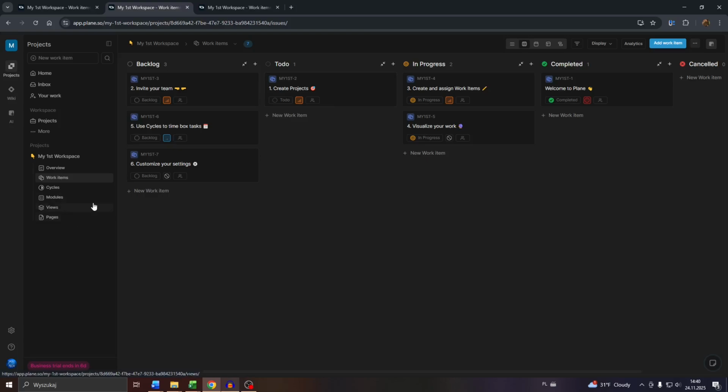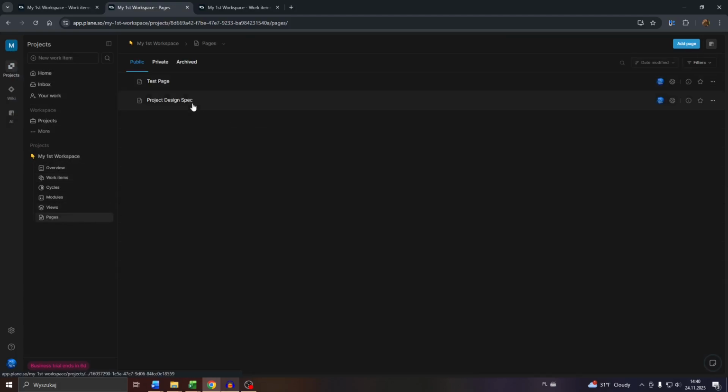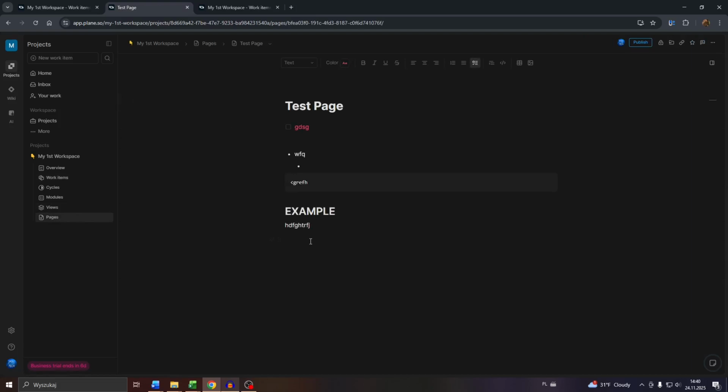So navigate to your workspace in the top left corner, after that to your project and select pages. Select the page you would like to edit. And what you will need to do, guys, is click into that text field here, press / and then simply select to-do list from that suggested menu here, or simply enter "to", and you will see it here at the top of that list. So click into to-do list, and after that you will see that checkbox to the left,